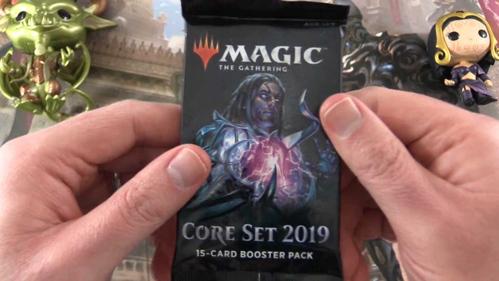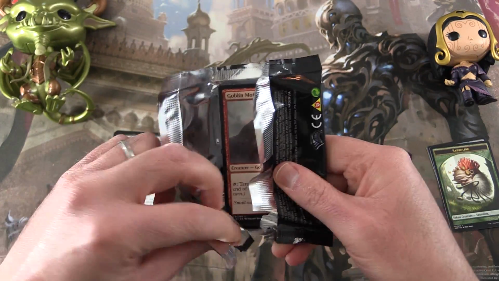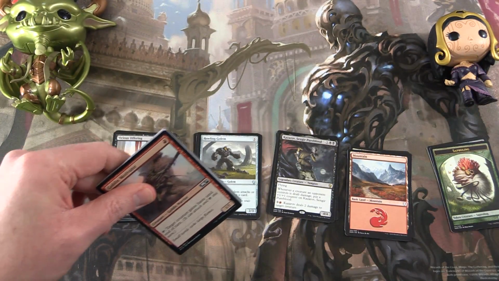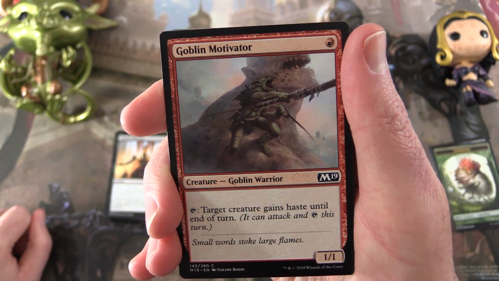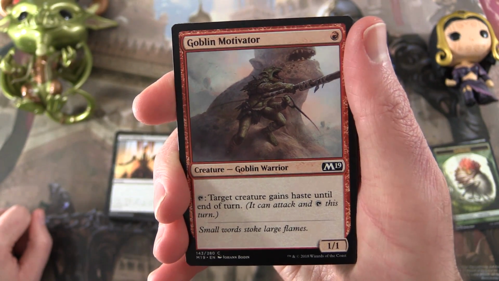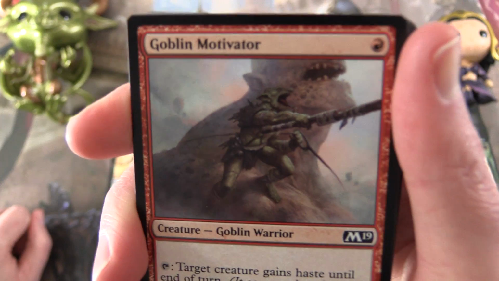Alright, last pack, we have Tezzeret here on Core Set 2019. Hopefully that's a good sign. Hoping he won't hose us, and already I can see we're off to a great start, because you know what's coming next, don't you? You can probably hear these sound waves echoing in your mind as I say, Goblin Motivator,